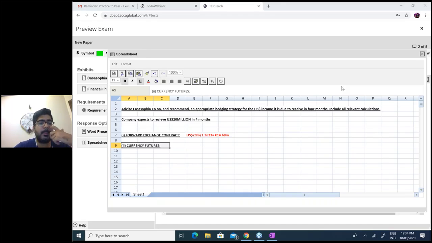So Shalika, we can repeat forward exchange contract. Forward exchange contract approach is just one single step. Multiply or divide with the relevant fixed rate. So you are receiving $20 million, multiply or divide. It's an indirect quote so you need to divide, and it's a receipt so you need to sell. So take the selling rate, which in an indirect quote is higher. Had it been a payment case, I would have taken the buying rate. Okay.